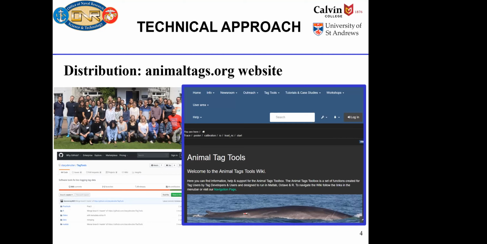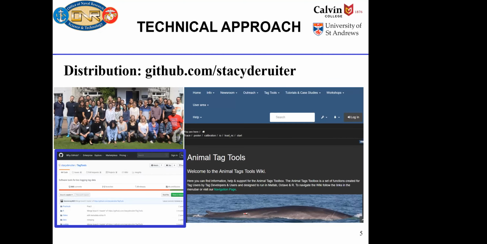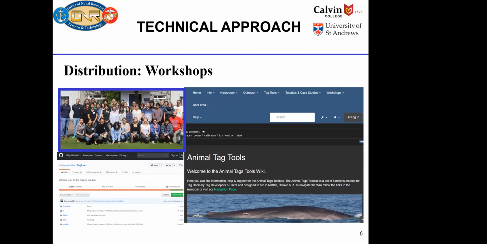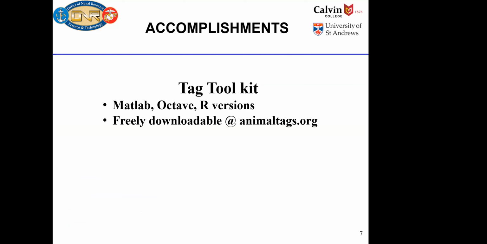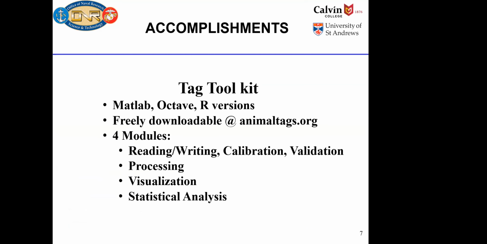But everything is there. And we also have a GitHub repo that has all of the MATLAB, Octave, and R tools in it. And then we did a few workshops so far. So we did what we said we were going to do, more or less. And we have 4 different sets of tools. I haven't put an extensive catalog of everything that's in there in this talk, but I can answer questions